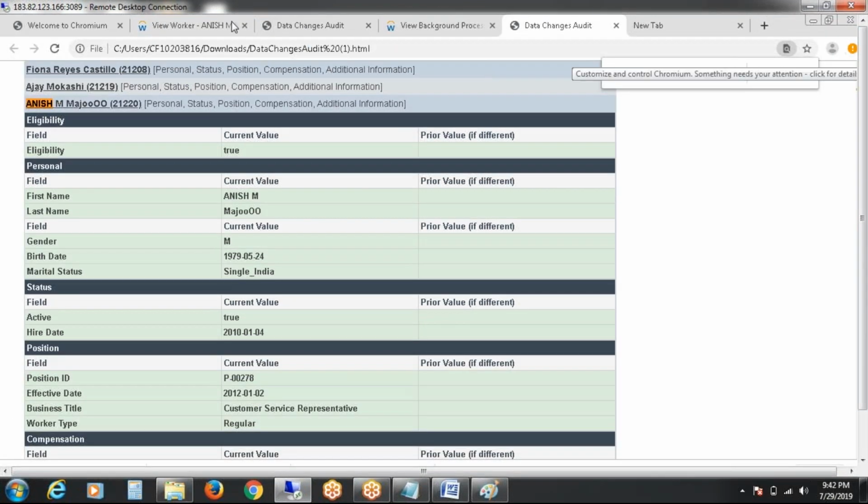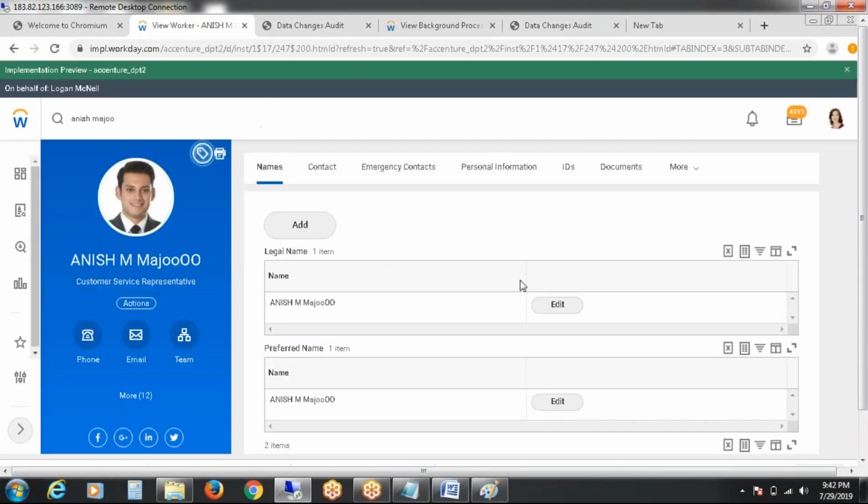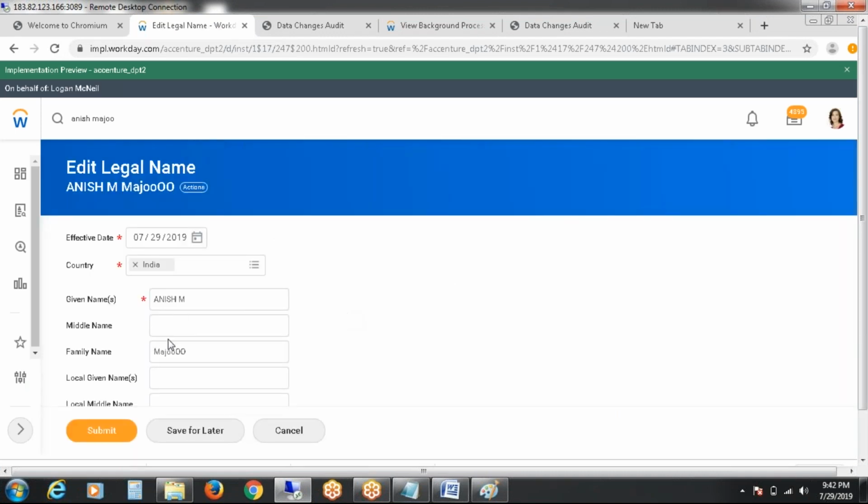Are you guys having any issue with this tenant? Not like that. In practical tenants, we will not have that much access to see the process and all. Mishra, just submit.